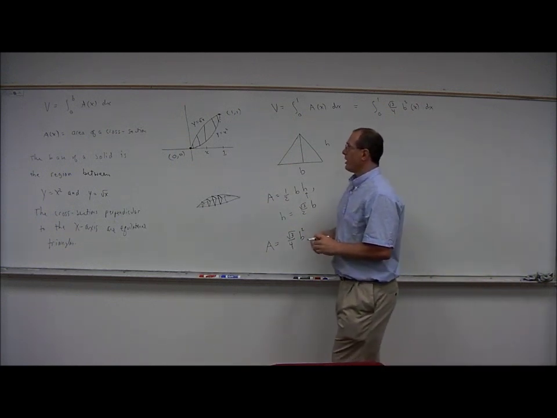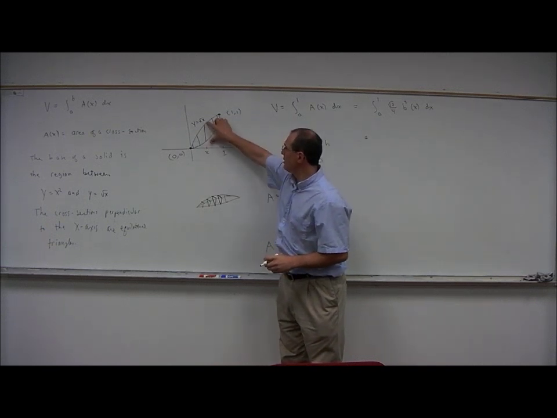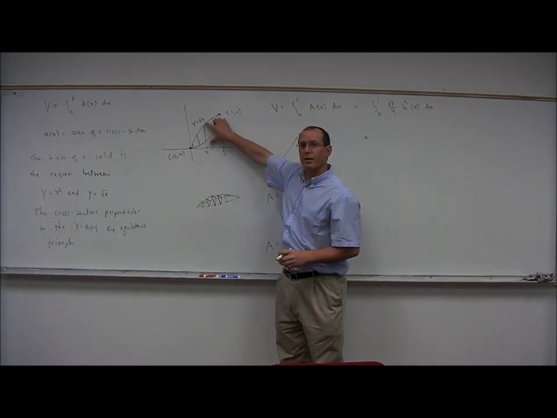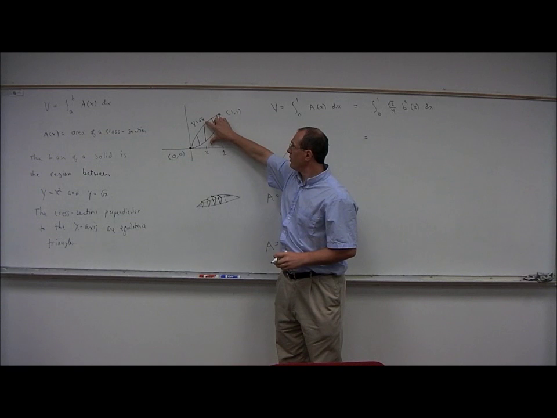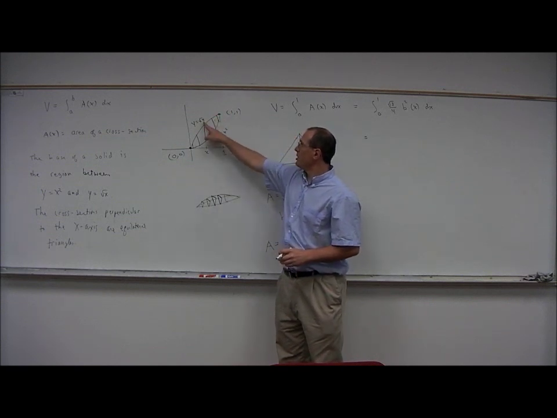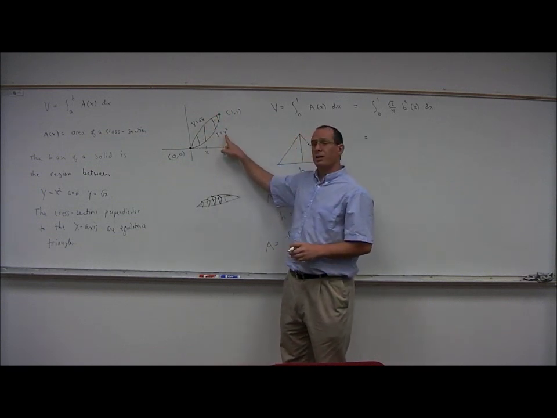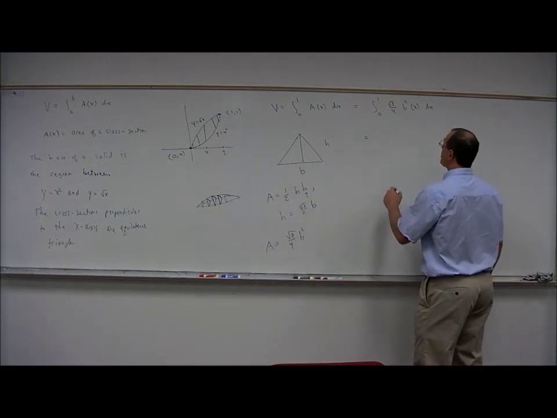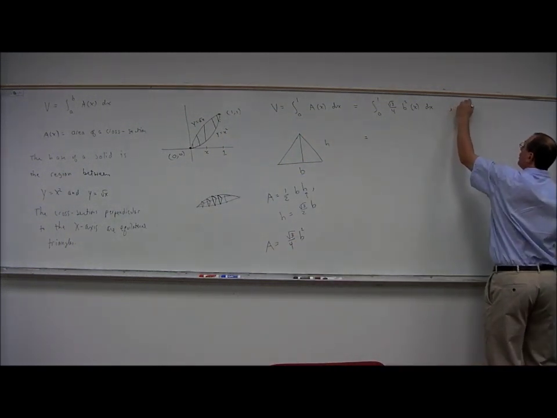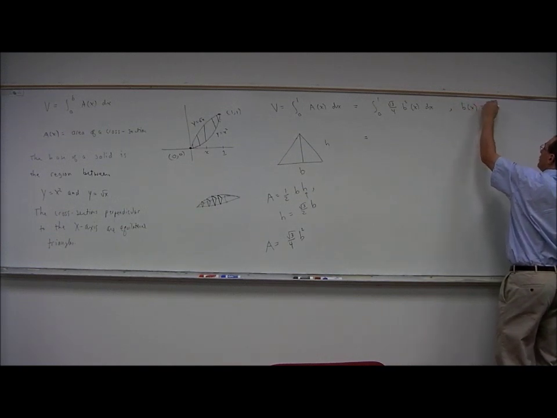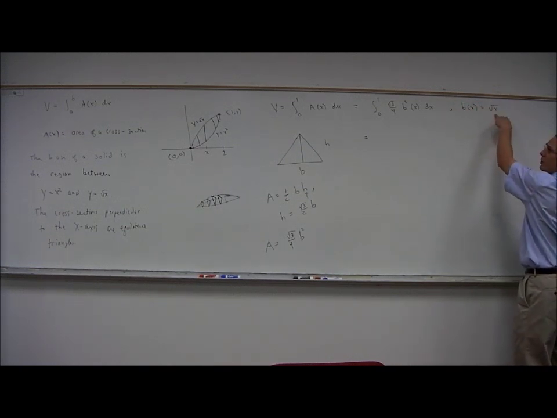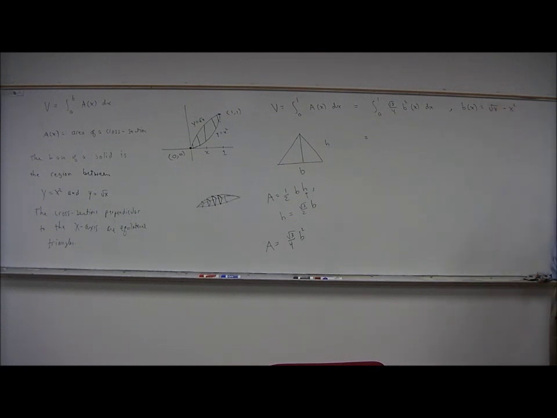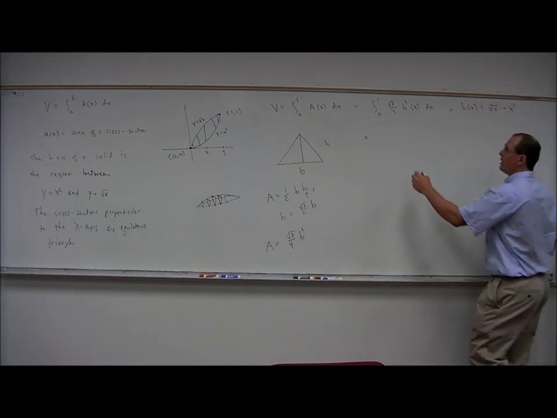So the base at a given x, the base is the length of this vertical segment. The length of the vertical segment is the y value of the top curve minus the y value of the bottom curve. So b of x will be the square root of x, that's the formula for the y value of the top curve, minus x squared, that's the y value of the bottom curve. So in our integral,